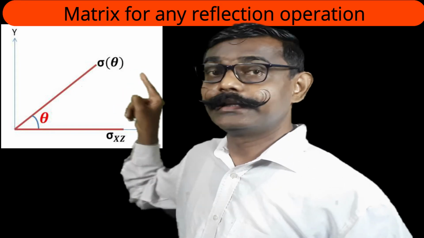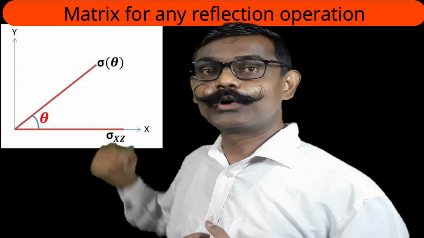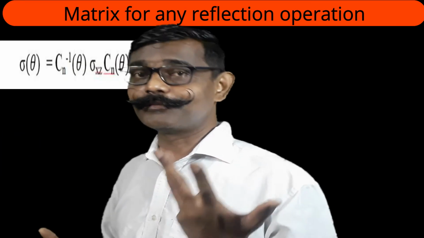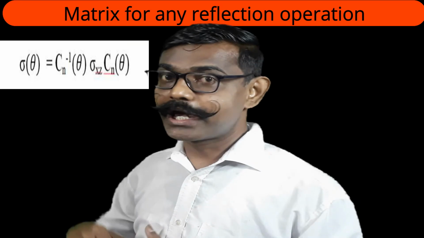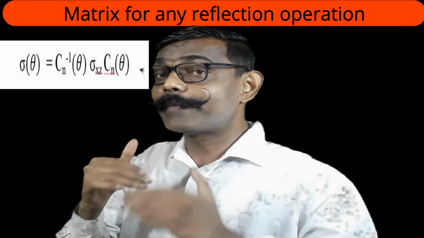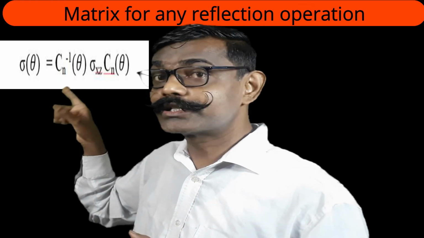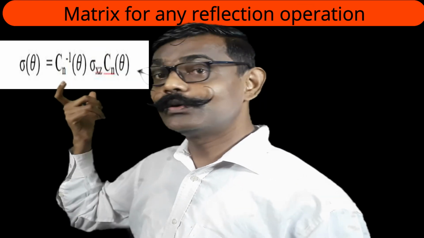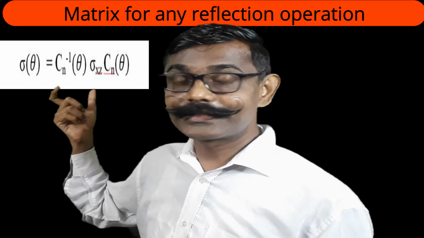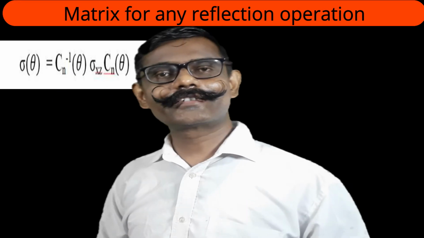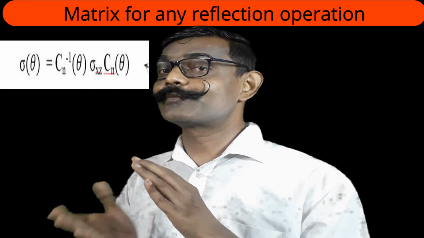So the new plane is what we want to establish. The xz plane, I am considering as sigma. Through rotation we are going to obtain the new plane, so the similarity transformation is governed by rotation. Instead of X inverse, what will be there? Cn inverse. Cn inverse into A, which means the reflection operation sigma xz, and on the right side X, that is a rotation, Cn. I am considering rotation by angle theta.